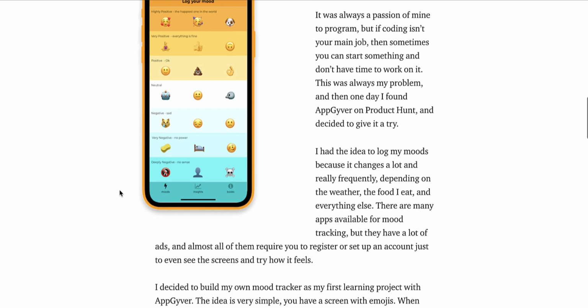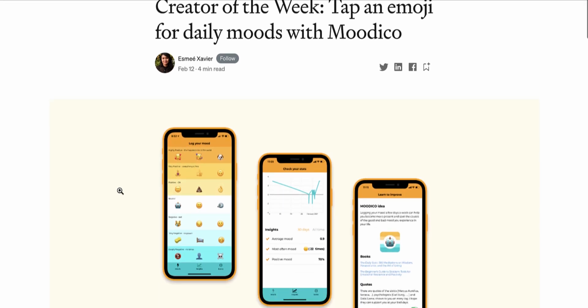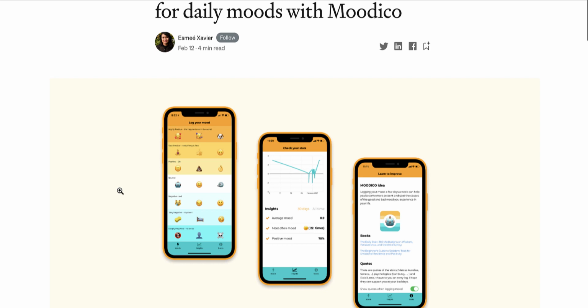It's very, very simple. And I think one of the benefits of these kind of apps would be a lot of people try to pack in a lot of functionality. It has to do so many different things. When you're first creating your app, focus on what you're trying to solve and just do that. Be really good at that one feature and then add on. This is a perfect example that this app isn't trying to do too much. It is easy to use and it's getting the job done.